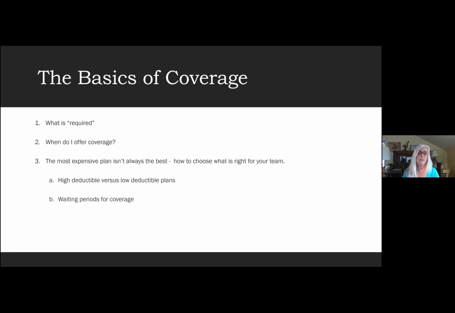Also, the waiting periods for coverage. This is one of the things that Obamacare changed. We can't really have extended waiting periods anymore. The longest duration you can have is 60 days nowadays. And that would be from date of hire, the first of the month following 60 days. Some employers, if they are hiring employees on a temporary basis, when they switch to permanent basis, that's when that clock starts ticking, but you've got to be really careful in how you do that.